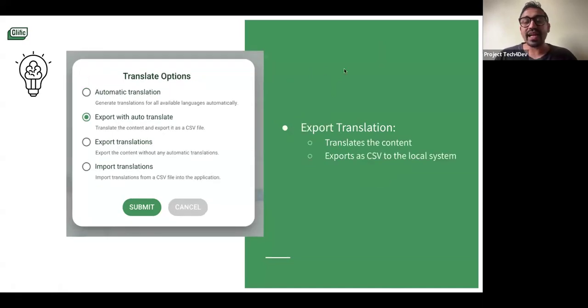The second option is export with auto translate. What this does is translate the content as well as export it to the local system. How this is different from automatic translation is that in automatic translation, the translated content also gets populated in the flow editor. But with export, once it is translated, it won't directly get auto populated in the flow editor. It will download as a CSV,